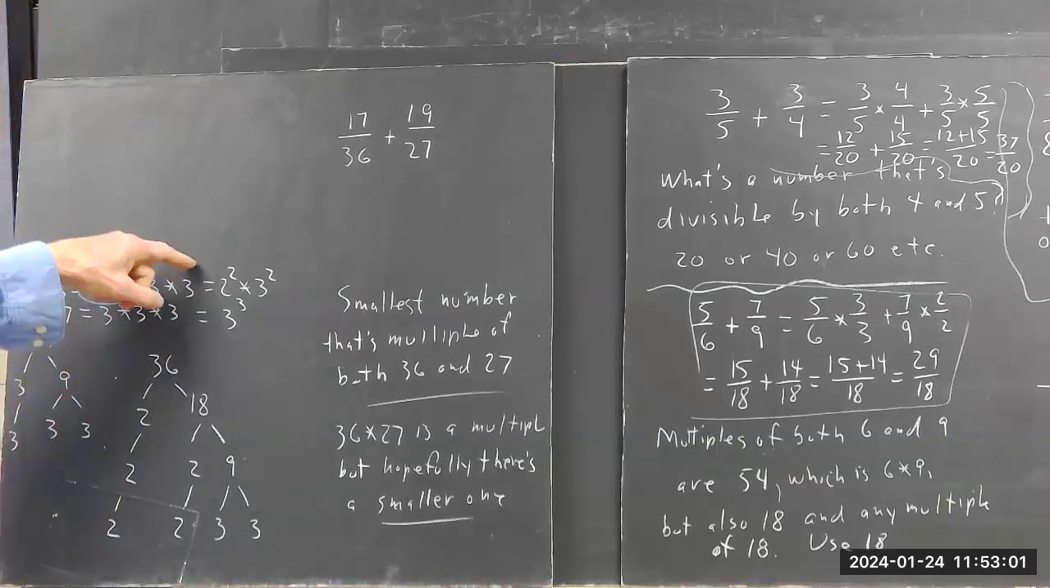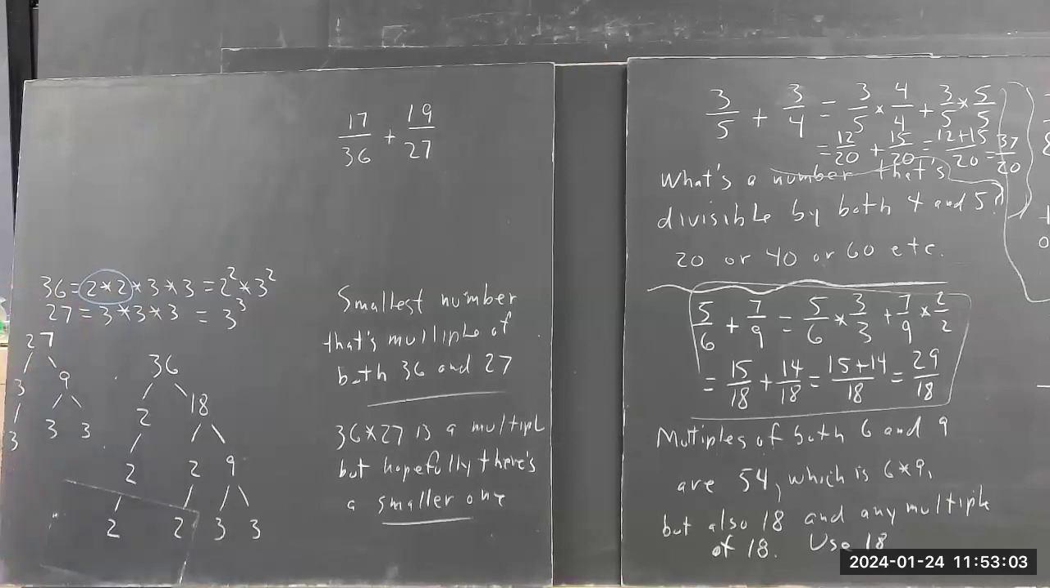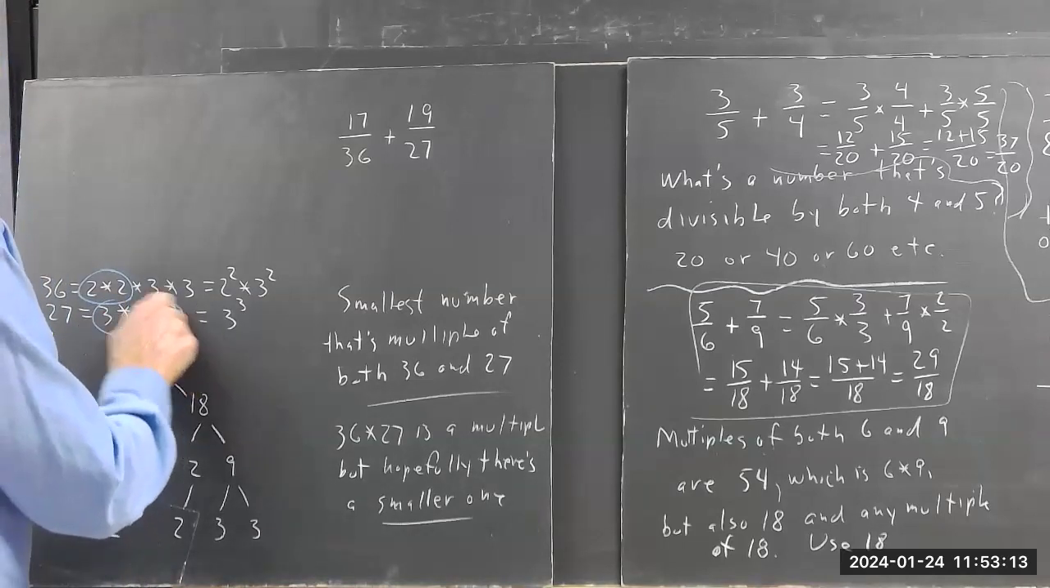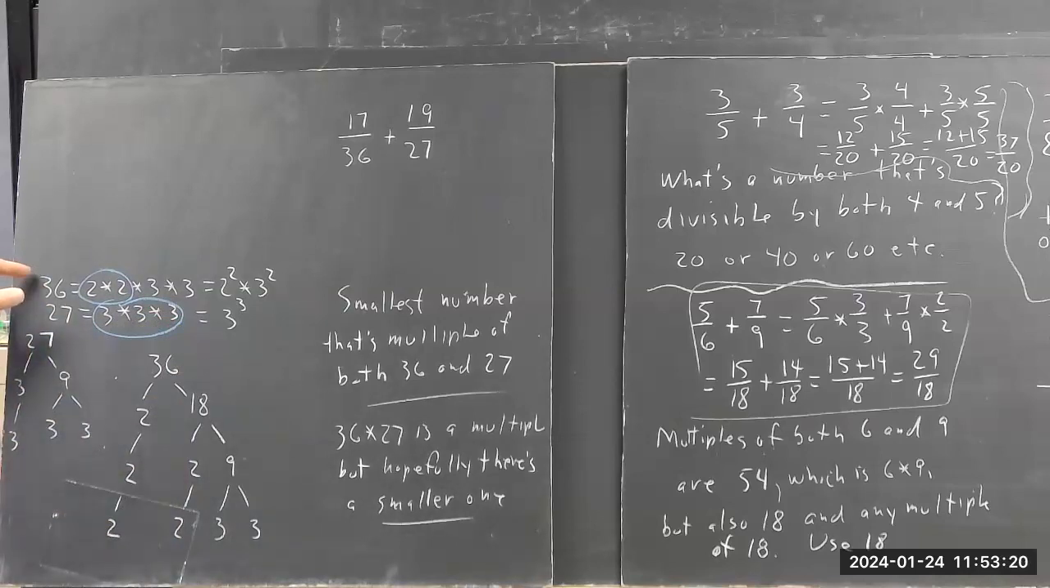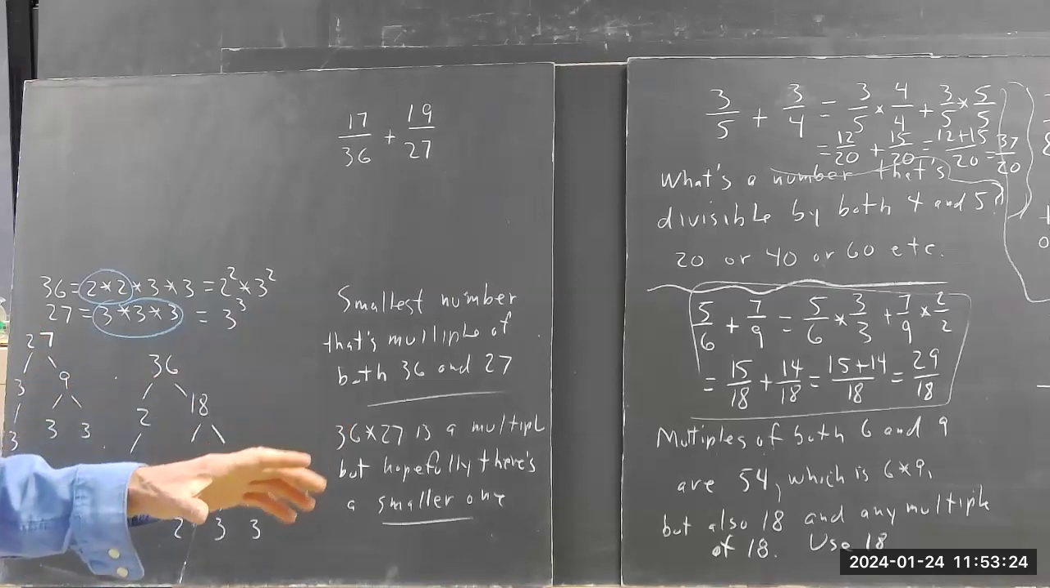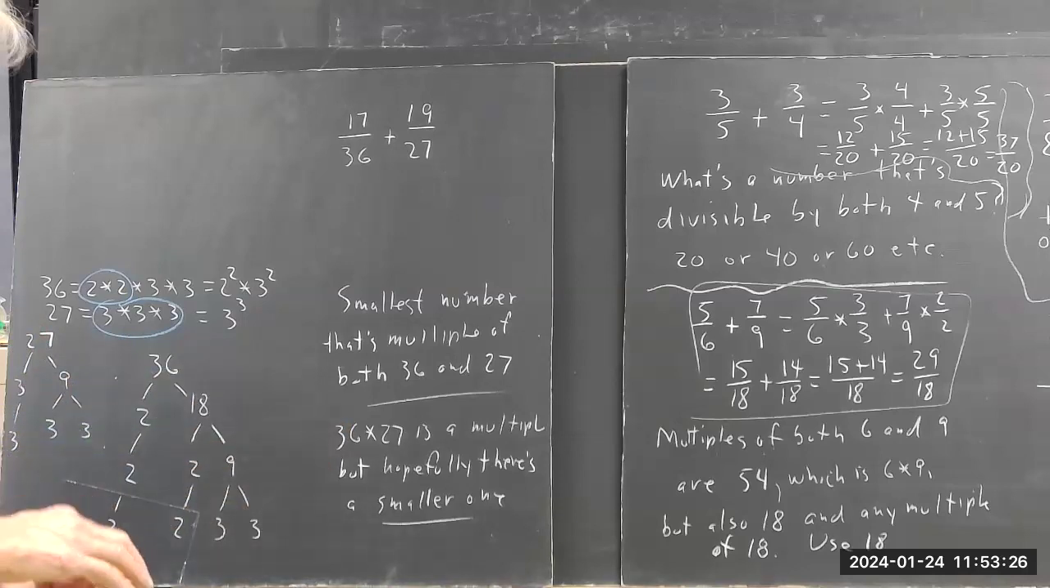Now we only need 2 3's to make up 36, but that's not enough to make up 27. How many 3's do we need for 27? We need 3 of them, right? Now, if we have 2 2's and 3 3's, then we got enough 2's and 3's to contain both of these numbers, right? We got them both covered. So we need